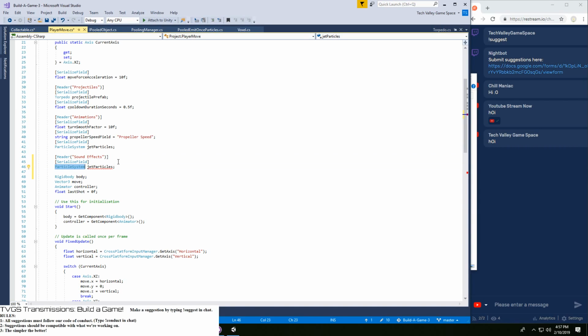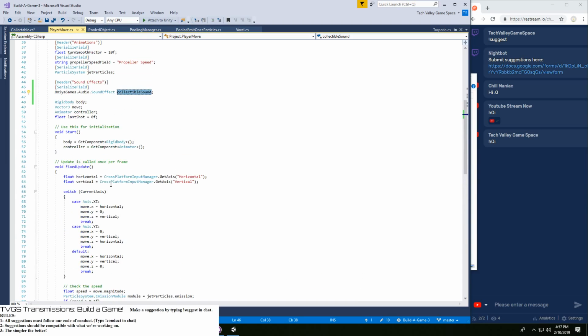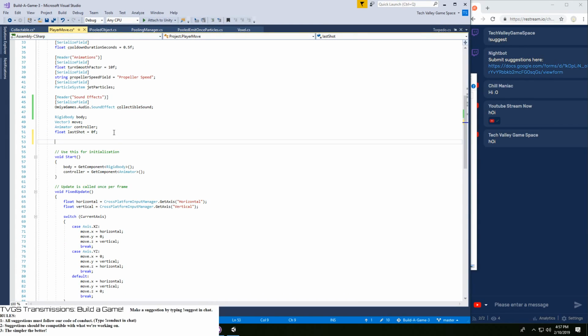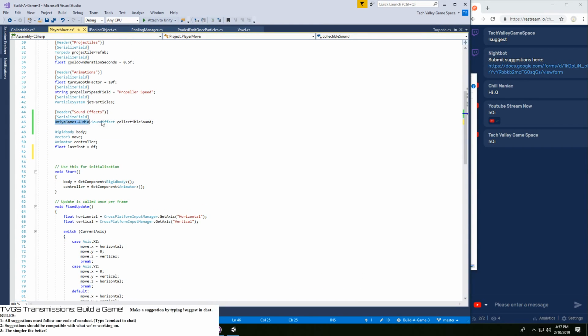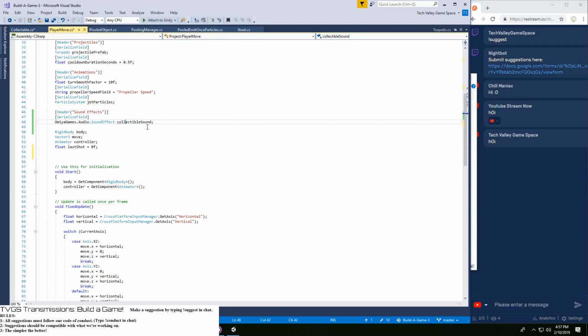Let's say we want to play sound. This is an Omiya Games thing. Omiya sound audio, that sound effect, collectible sound. And then we'll throw in a quick function. Yeah, we'll just make a quick property.